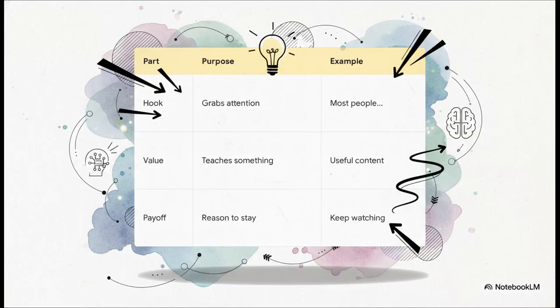Let's actually break down the anatomy of what a winning script looks like. It's a strict 3-part structure. First is your hook. You have to grab attention immediately. Say something provocative. Next is your value. This is where you actually deliver the goods, teach them something useful, and back up the promise of your hook. And finally, the payoff. Give them a rock-solid reason to stick around to the very last second. AI is phenomenal at building this framework, but remember, simple everyday language is what actually connects with people.